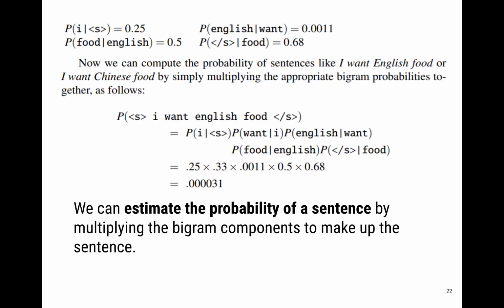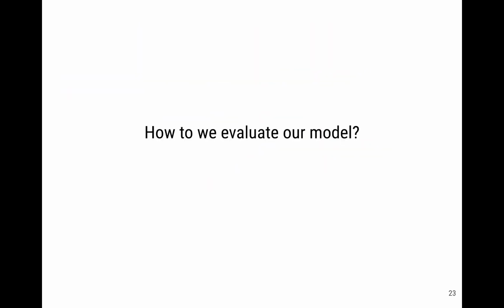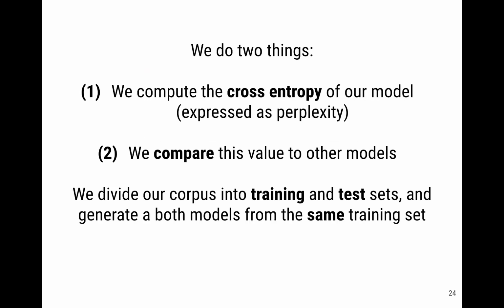And if you're comparing two language models, well, you'd go for the language model that provides the highest probability for that sentence if you want to try to figure out what generated the sentence. So how do we evaluate our model? Well, there are a couple of things we can use. One is the cross-entropy measure, which can be expressed as a perplexity,